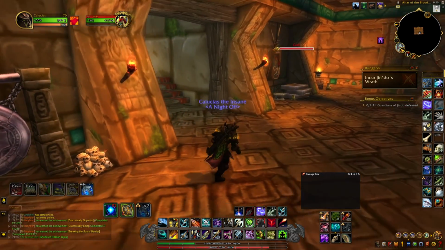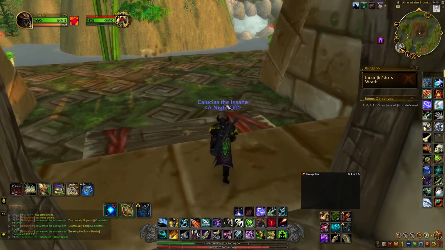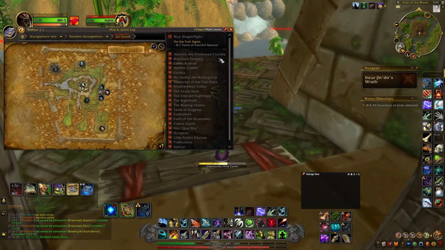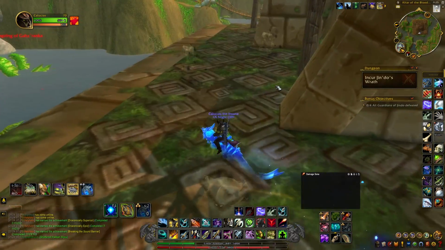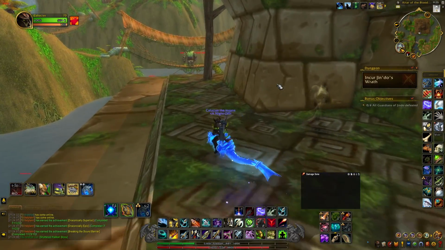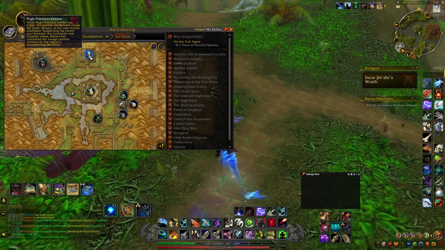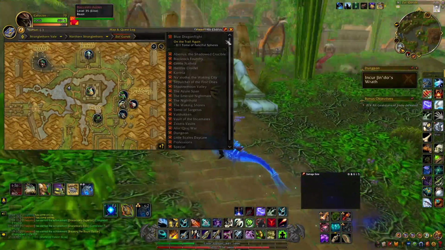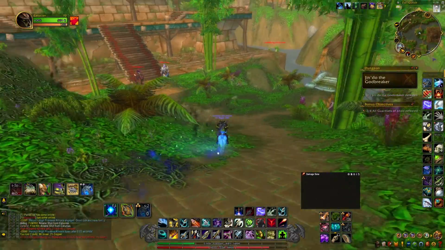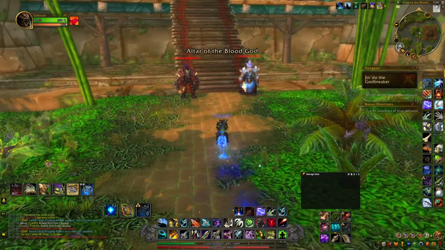Now that we have that, we have to engage the last boss for the next step, but before we engage the last boss, we have to defeat just 2 of the bosses. That will allow you to engage the last boss. I don't know, just pick any 2. I'm going to do Zanzil and High Priestess Kilnara, because she also has a chance to drop a mount. Alright, now with 2 bosses defeated, we're going to engage